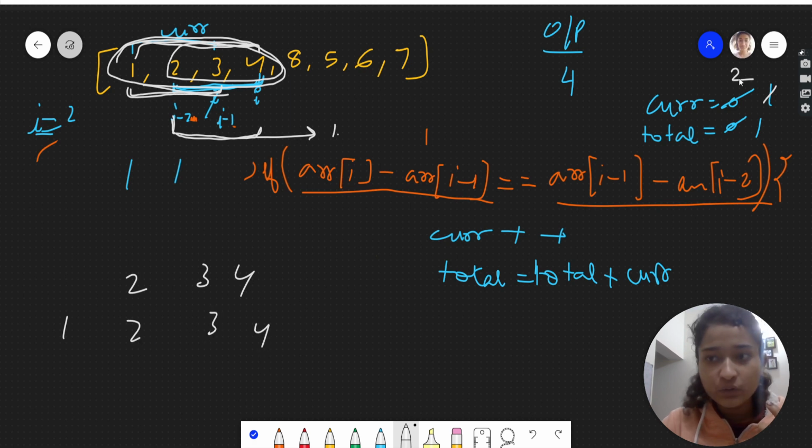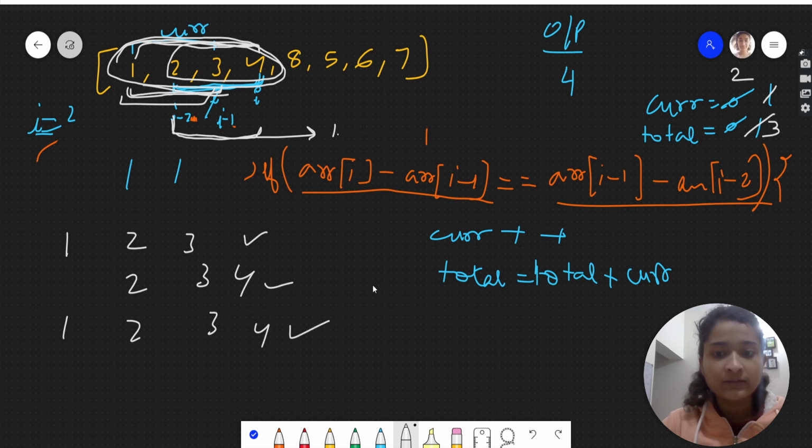Hence we are adding 2 to total, so total will become 3. That is, for now we have 3 subarrays: 1 2 3, which was initially there, then 2 3 4, and then 1 2 3 4. Fine. So this will be the logic: when this condition is equal, we will do current plus plus and add current to the total.